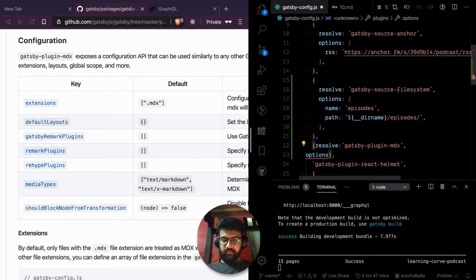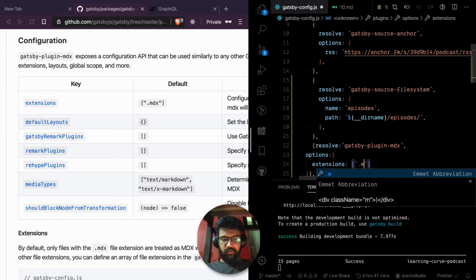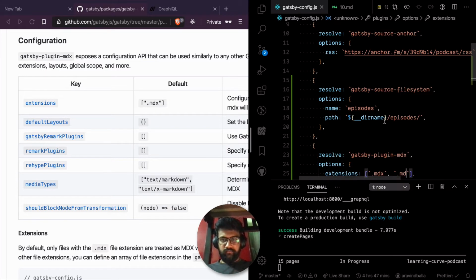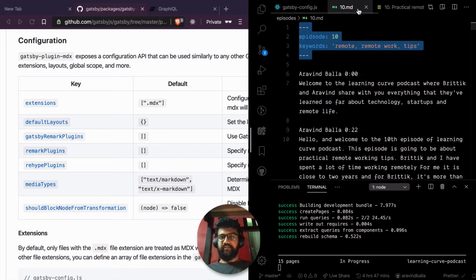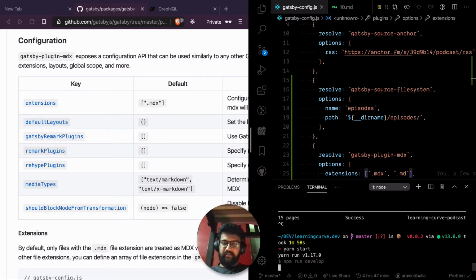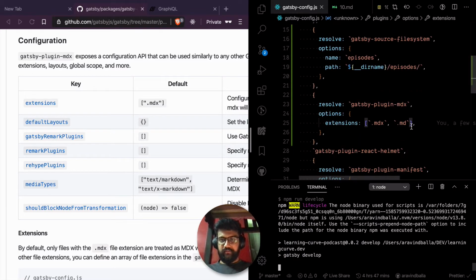Options, extensions is .mdx, comma .md. So the file that we have is .md. That's why I think it didn't recognize that file. Let me restart this thing.